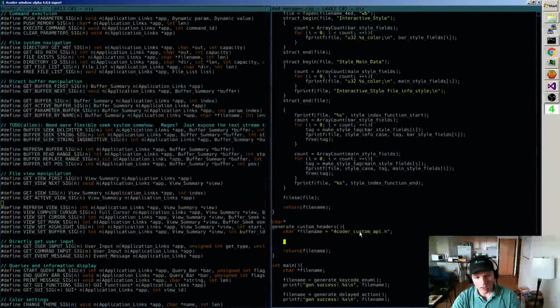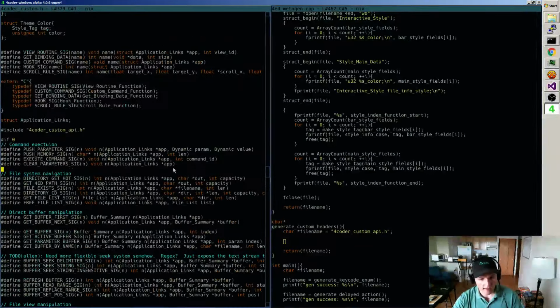So first things first, what we basically have is a big array of functions where each function has three major strings: the return string, the name string, and then the arguments string, right?